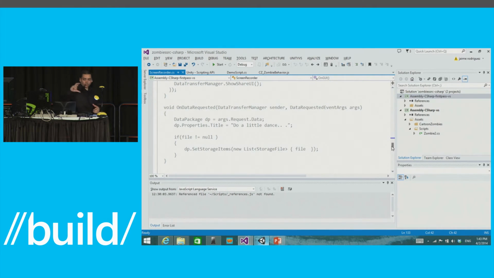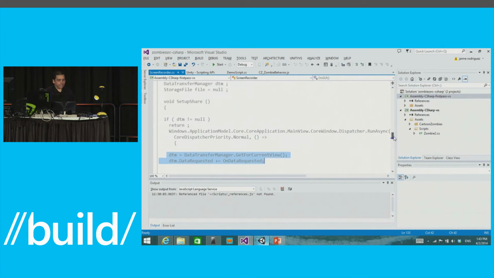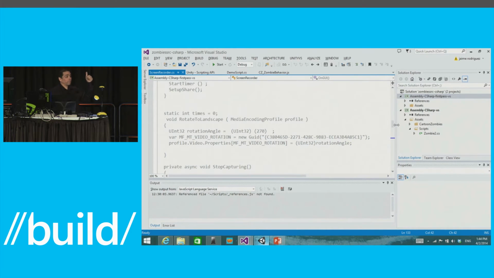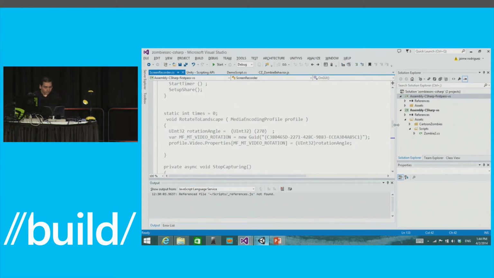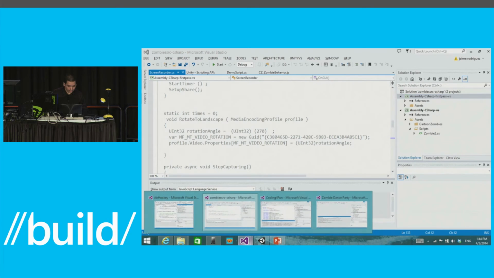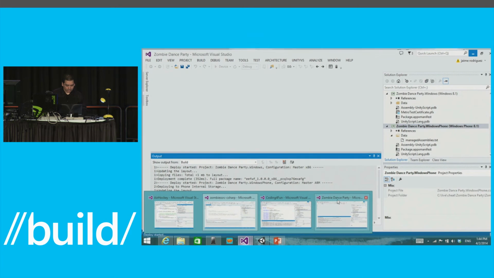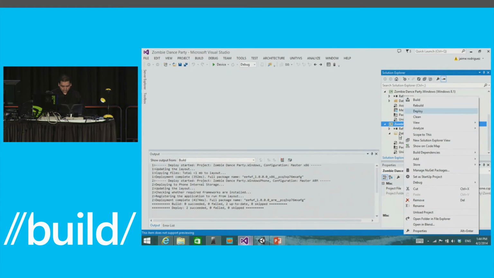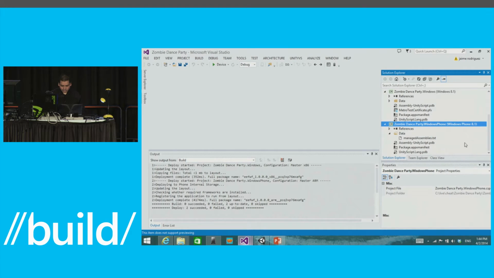Right? So all of this is probably, I don't know, 30 lines of code. It'll probably be 40 if I had implemented any kind of error handling. And with this, now I can record and share, right? And so let's try it. This is already on the code we compiled earlier. I just got to go back to that project and make sure that, because I'm going to capture video, and this is actually routing to the video library, I'll just go back here to that project and say, edit the manifest.